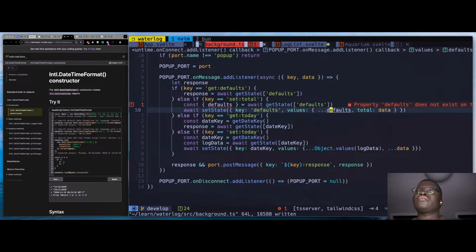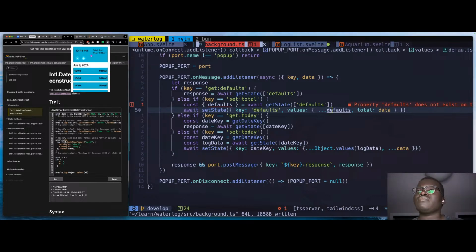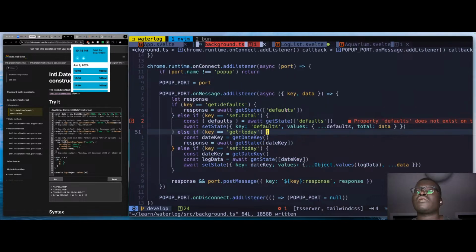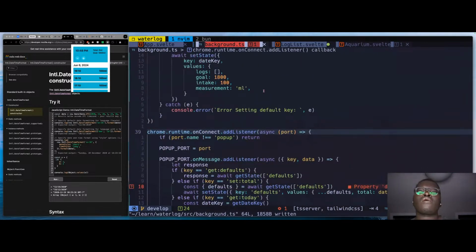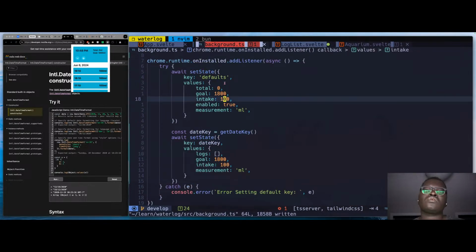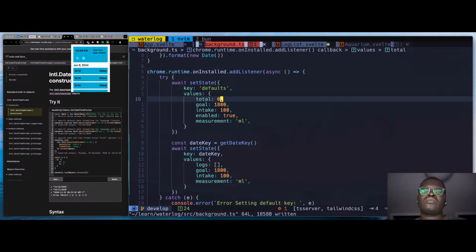Okay. So I guess this would have to change. I have key equals set total, and it sends the defaults instead of the logs. Do I need to calculate the default? So total would not be there. It would have to do, yeah, because I put myself in a tricky situation where this,